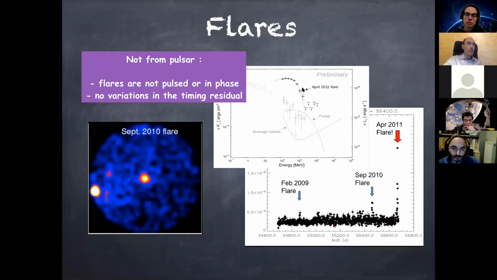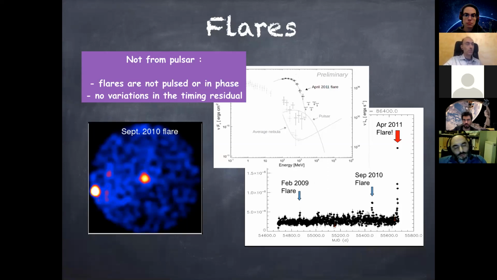The point is that this was completely unexpected. You have to think that the Crab Nebula was thought to be a calibrator for gamma ray instruments. And now we know that it is not. There are flares that can be very bright. This one was incredibly bright, but there are continuous fluctuations of about a factor of 2 going on in the MeV emission